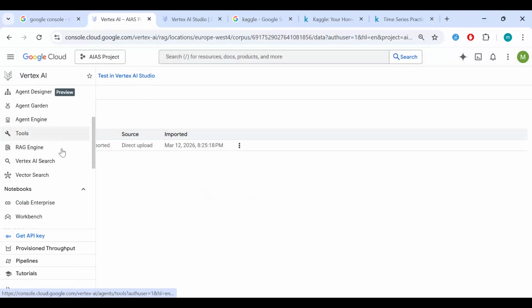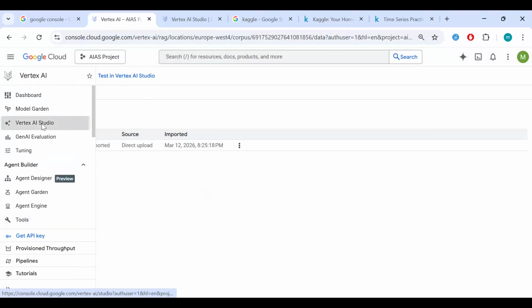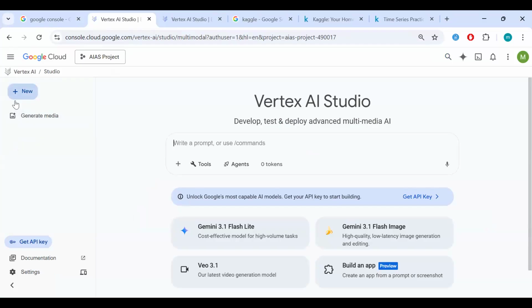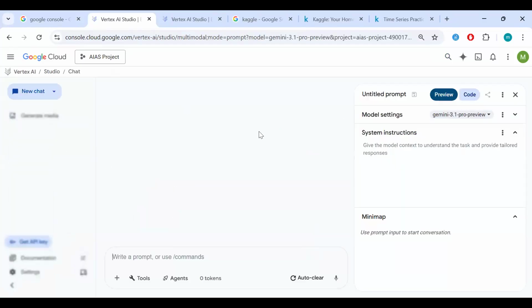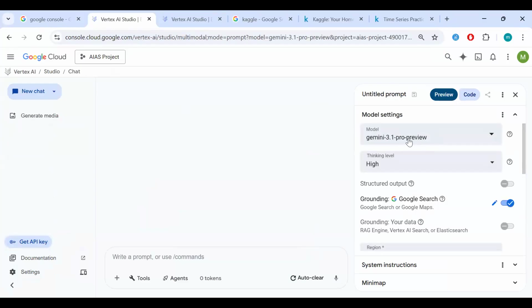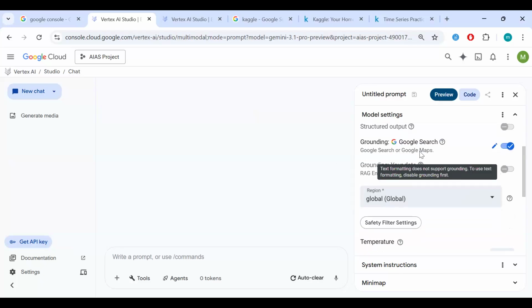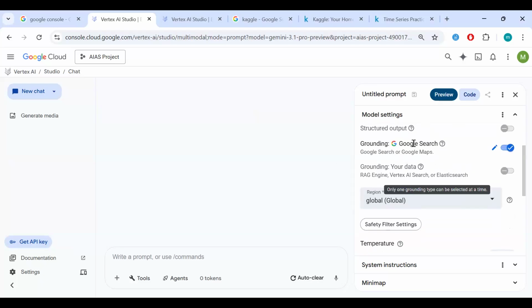Now let's go and interact with a model in Vertex AI Studio. We're going to pick a model and implement RAG and see how it answers with or without RAG. So tick chat. If you look on the right, we have our basic information and then our model settings. This is the model we're using, so we're just interacting with the foundation model as it is. Its thinking level is high. But now we look at the outputs and the grounding data. If you can see right here, it says Google grounding on Google Search.